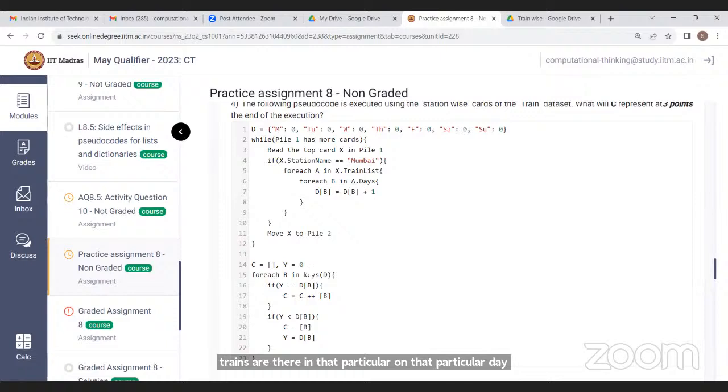Then Tuesday, Wednesday, and so forth till Sunday. And after we move X to pile 2, in the next one we are checking